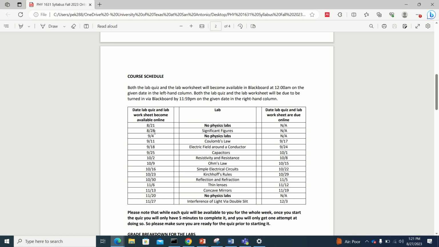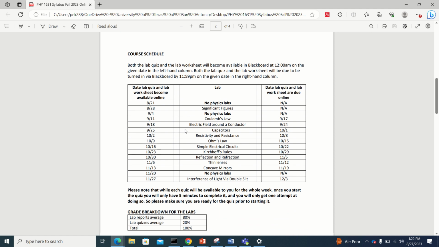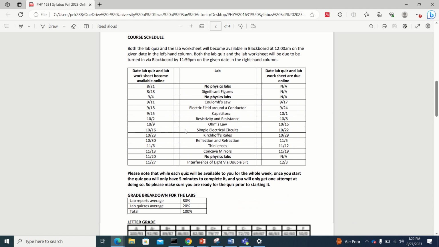Next week, because it is Labor Day, we are not going to have any online courses. So we're not going to actually have our first lab starting until the 11th. So your Coulomb's module won't become available until September 11th. So that will be your first assignment. And around September 10th or so, I'll post a video explaining your first lab. So utilize these 2 weeks to talk to your group, introduce yourselves, go over the significant figures worksheet, and again go over the syllabus.